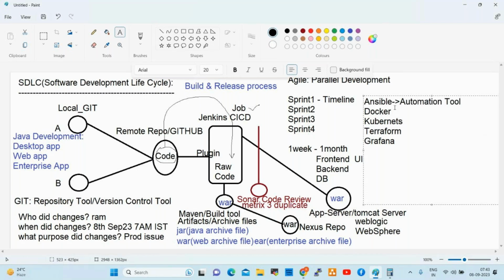Anyone having an idea? Docker is a container tool. What is a container? A container is just like a box. We can move it anywhere, we can use it anywhere. It is an advanced virtual server, right?